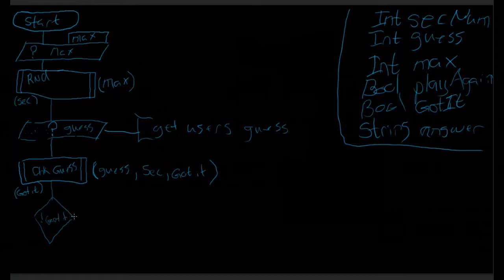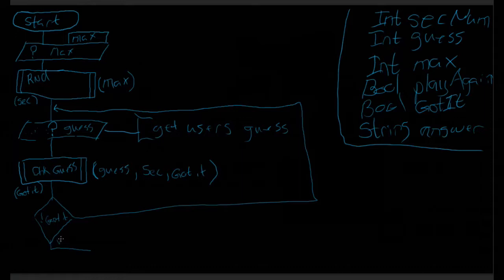So as long as got it is false, we're going to loop back to this point right here, because then we want them to guess again, and then we check it, right? If it is got it, then we're going to actually come out this way because I ran out of space,